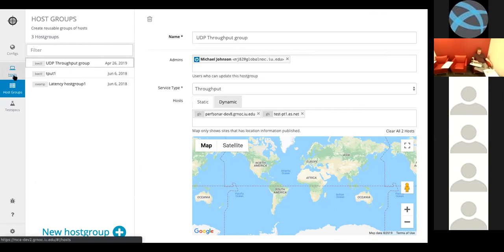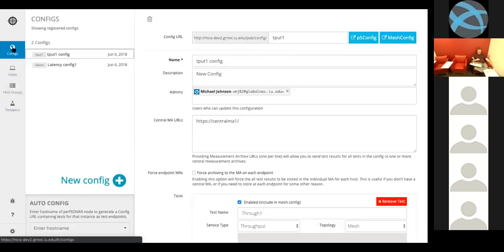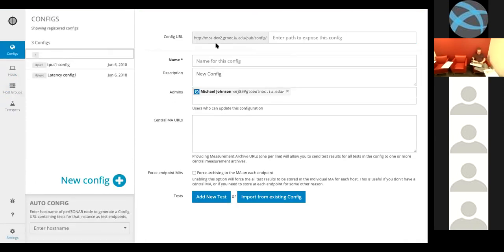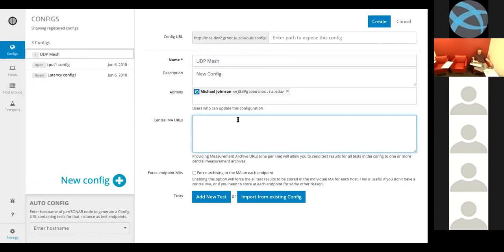Okay, so I probably don't need to do anything on the host section now because all those hosts already exist. And we'll just make a new config. We'll just call it UDP mesh or something. And one thing you'll notice here, you can specify central MA URLs. So I might put in like,